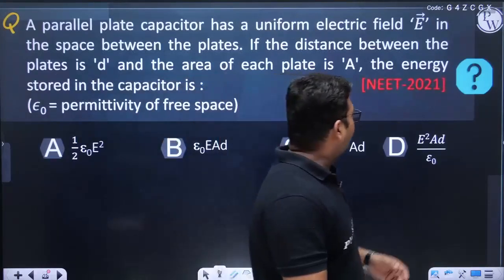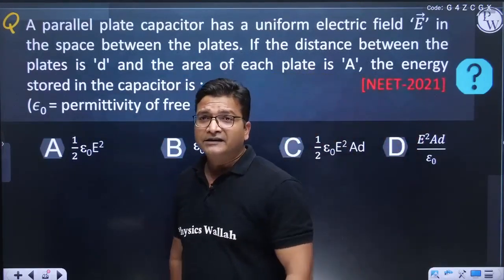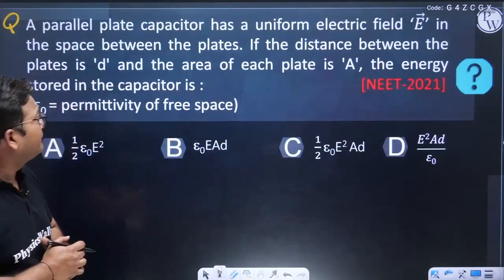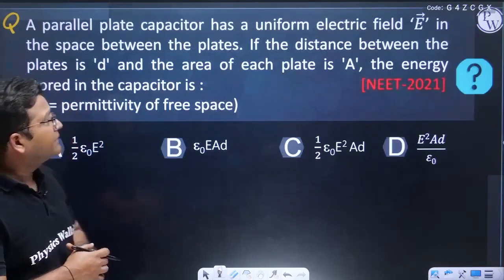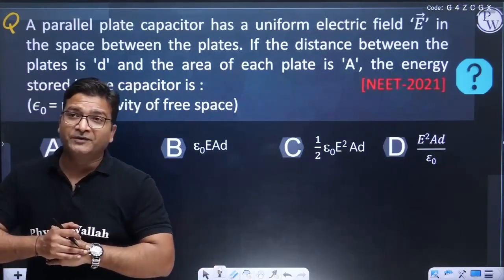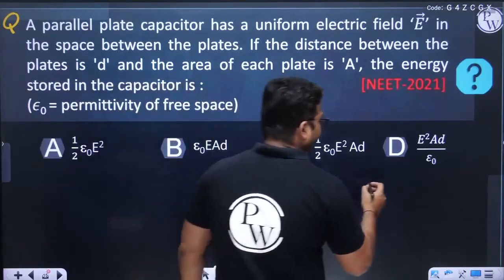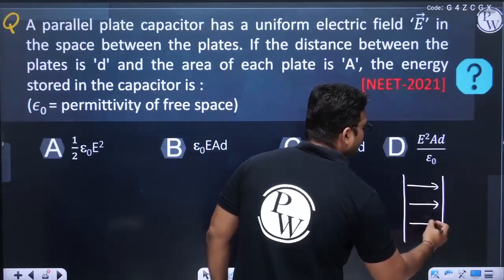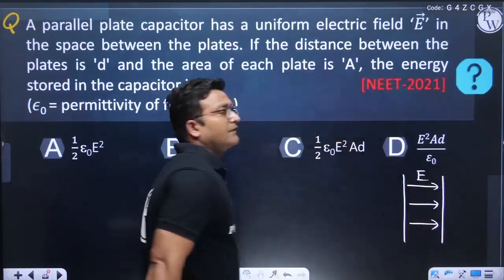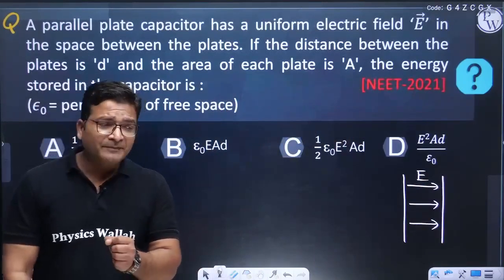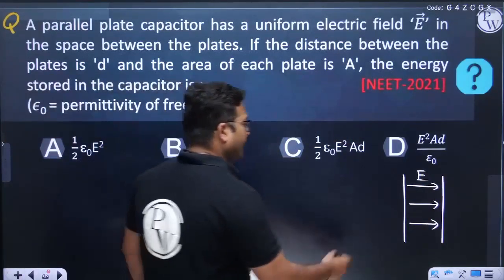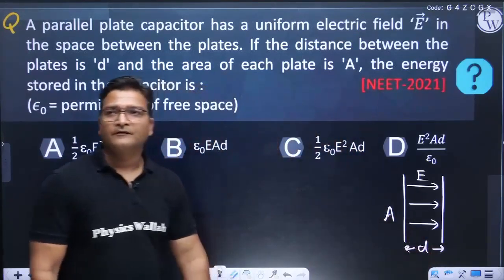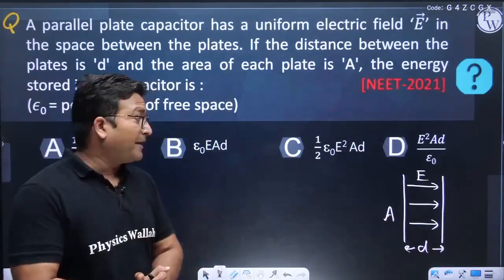So we have a question from NEET 21, and this says a parallel plate capacitor has a uniform electric field in the space between the plates. So if we have two plates, we have a uniform electric field. The field is E. Next they are saying the distance between the plates is D and the area of the plate is A. Nice. The energy stored in the capacitor is,